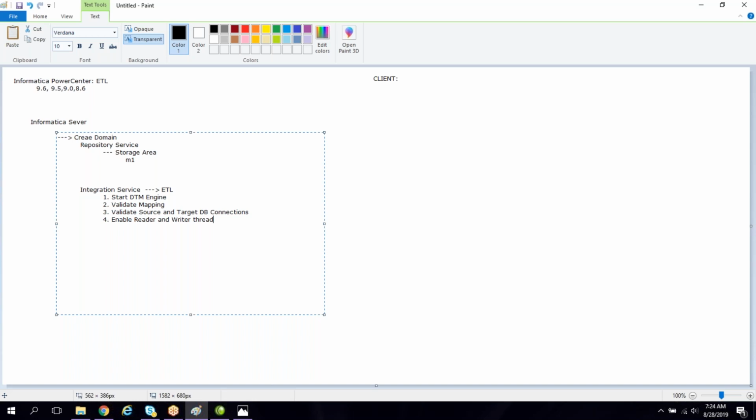As soon as the reader is enabled, it will connect to the source database with the help of the connections which we have given. From there, it will read the data and give it to the writer. The writer, with the help of the target database connections, will connect to the target database. There, it will write the data into the target table. Once the data is loaded successfully into the target table, it will display the status message, whether it succeeded or failed,